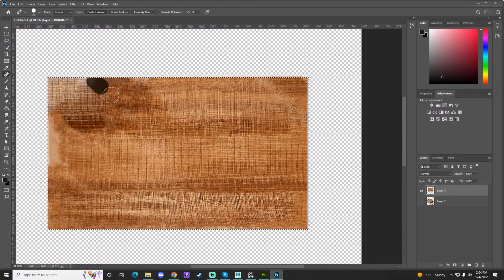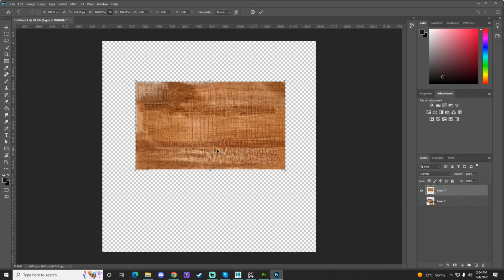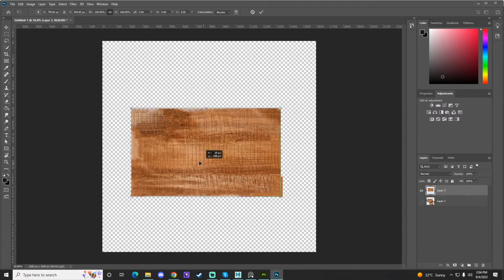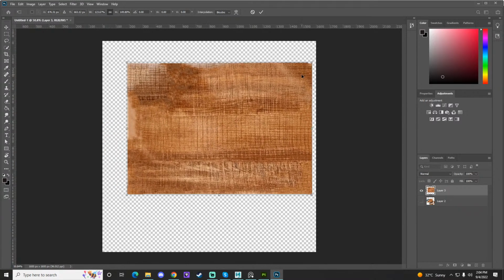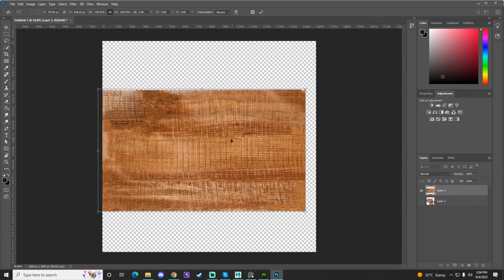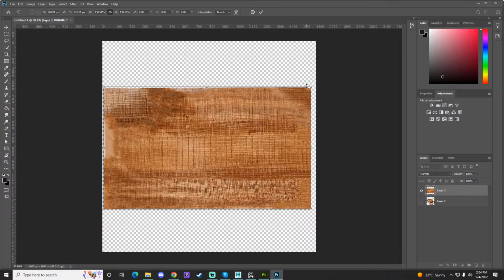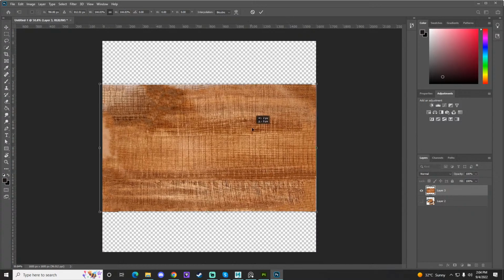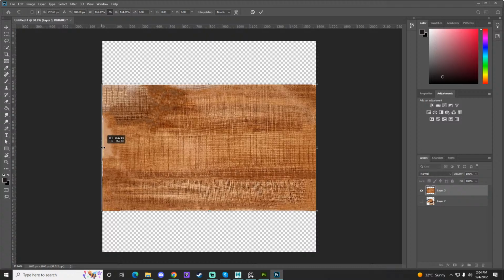So that the things can go the way I want it. Okay, so we have our texture ready to use, and what I will do now, I will go ahead and say Control E, zoom out, and I'll just stretch it out. Not stretch, but make the size bigger. So complete the screen, and once it's done with it,